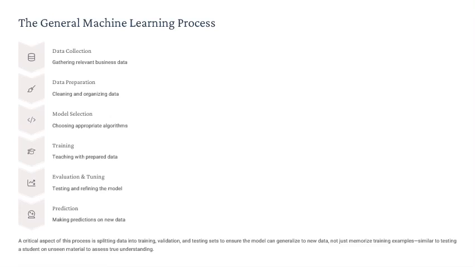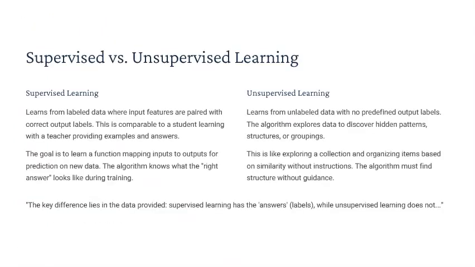Good point. Okay, stepping back a bit, we've talked about the process. Now, the material highlights two fundamental umbrellas that most of these learning algorithms fall under. And it depends on whether your data comes with the answers attached or not. Supervised versus unsupervised. Exactly. Let's start with supervised learning. This is built on labeled data. What does that mean? It means for each input example you give the model during training, you also provide the correct output, the label. You're supervising the learning with correct answers.